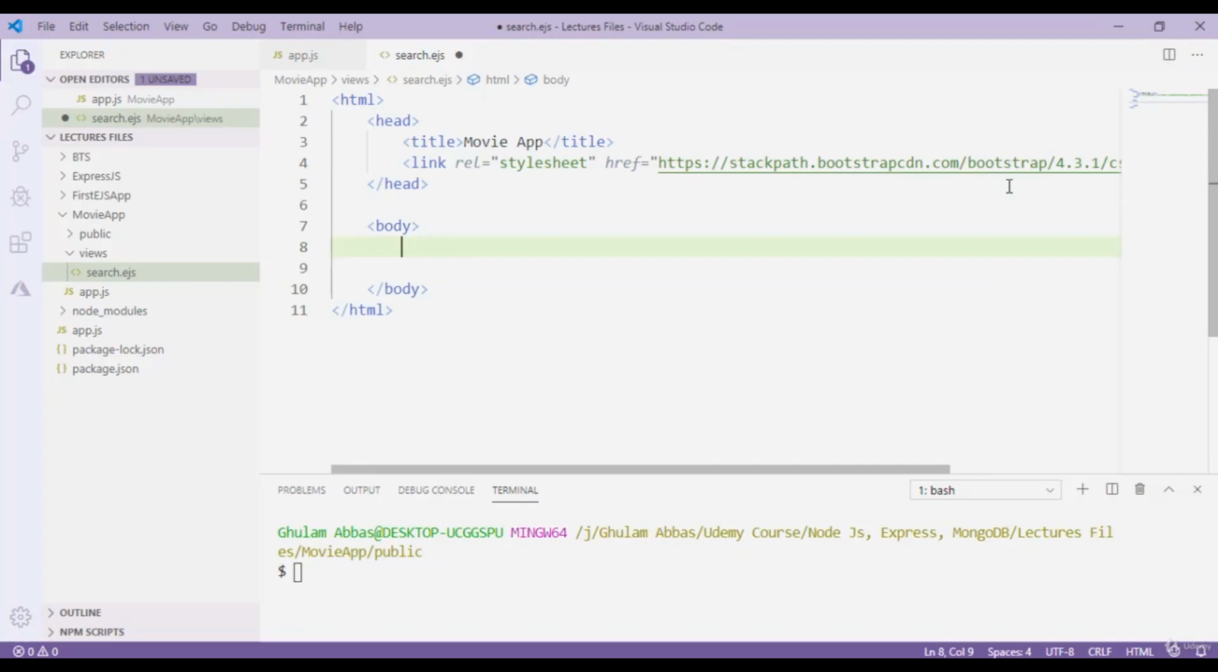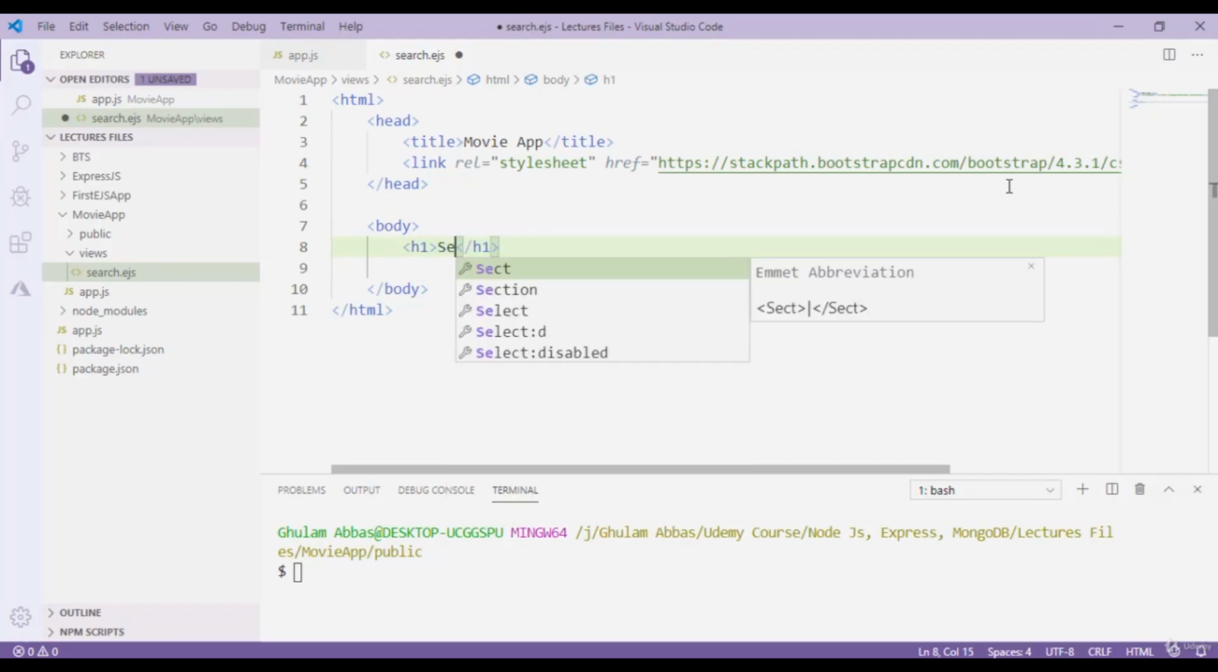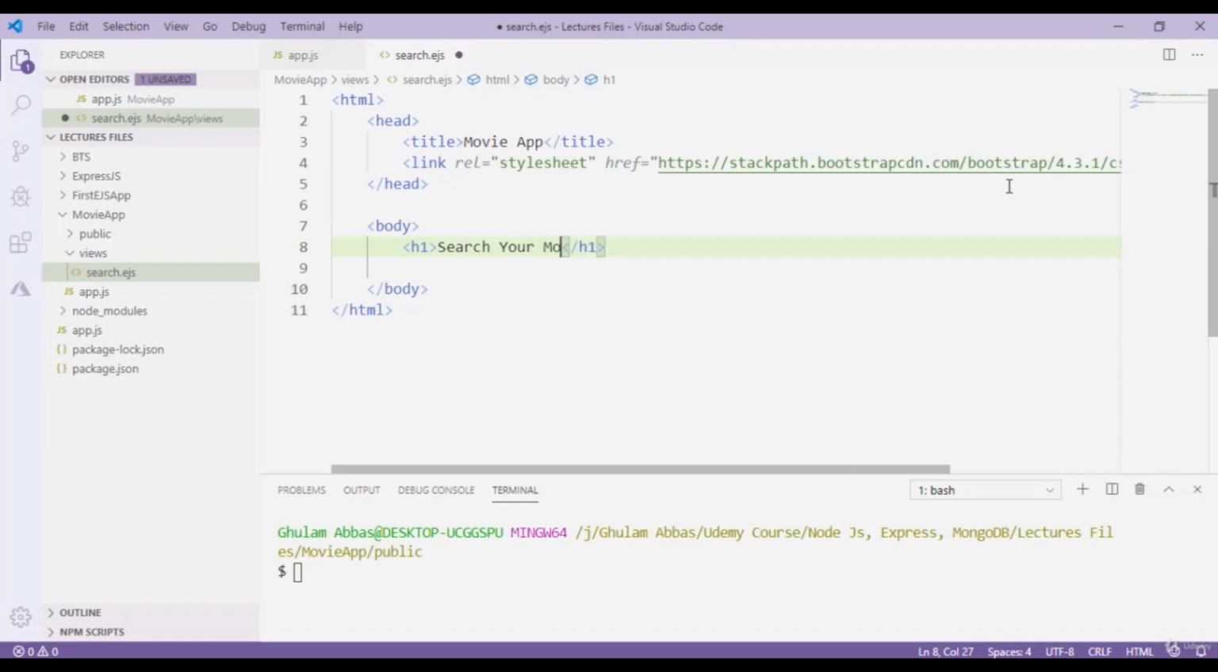After that I have to create the body tag, and in the body tag first of all I create an h1 tag. I simply type here search your movie here, like this. I also give it the Bootstrap class text-center. After that I have to create a search field and a button here. For that I'm going to use the form here. The form action will be /results,